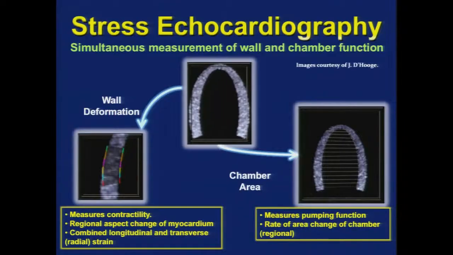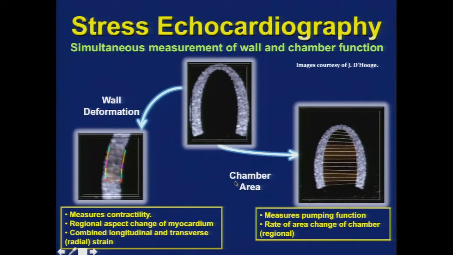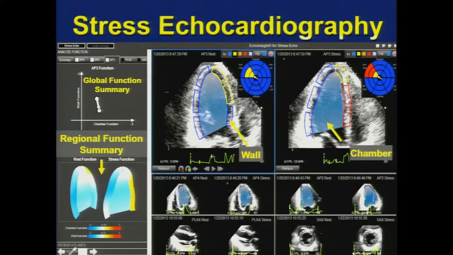We can look at a stress echocardiogram, or perhaps we can look at things like chamber area change or EF. We can look at parameters of wall deformation, and instead of looking in October and January, we just look at rest and stress. We superimpose these parametric displays of function and get some estimate of whether or not we believe there's truly a wall motion abnormality. So it gives us an objective parameter with which to either confirm or dispute our visual assessment of wall motion and perhaps decrease the intra-observer variability.